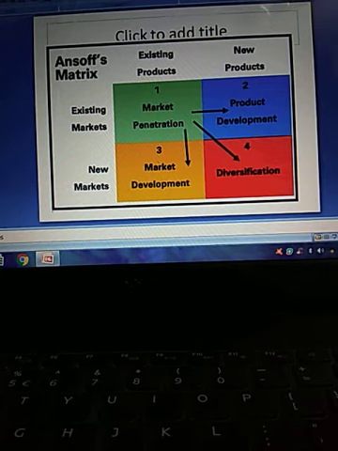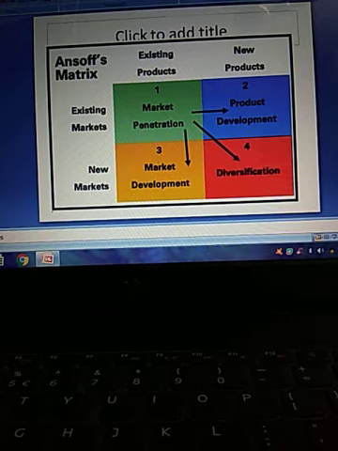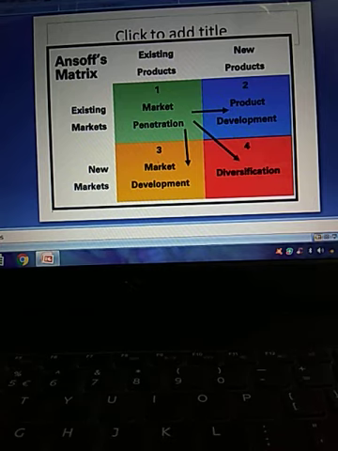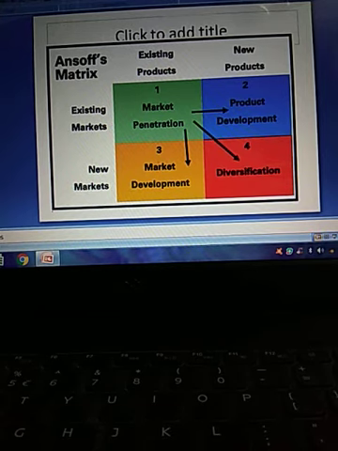New markets and new products means diversification. Altogether, you should have diversification in terms of the products, services, and approaches you are implementing in the market. This is what we call Ansoff's matrix, by Igor Ansoff, understand? This is an example of intensive growth strategies.